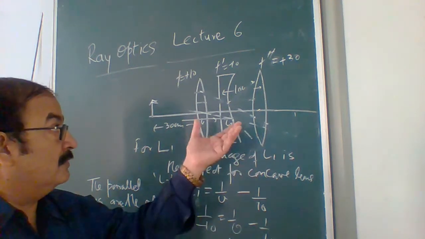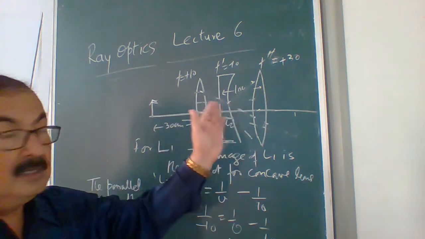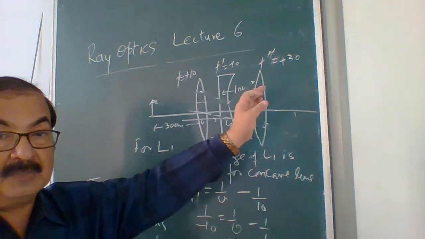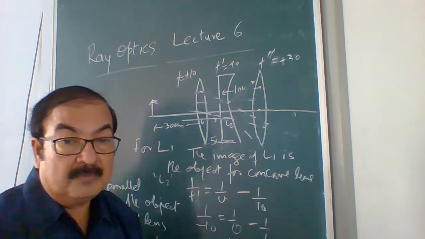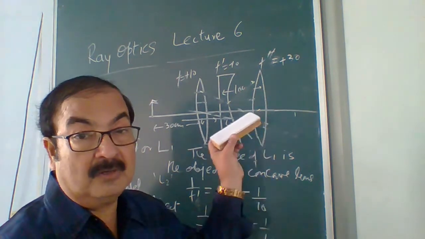Ultimately we have the final image obtained at infinity, और infinity वाले रे कैसे तो parallel हो जाते हैं. अब parallel रे जब लेंस पर गिरेगा तो that will be the final image obtained at its focus. इसका focal length कितना, 30 centimeter. Therefore we can have the final image converged at 30 centimeter on this side.